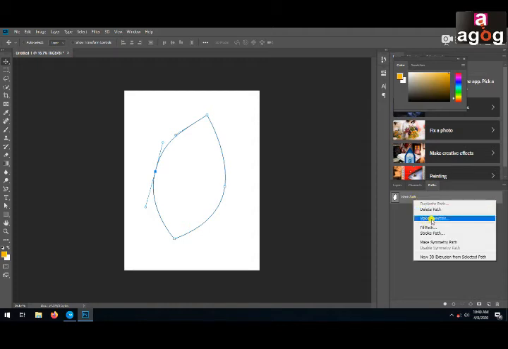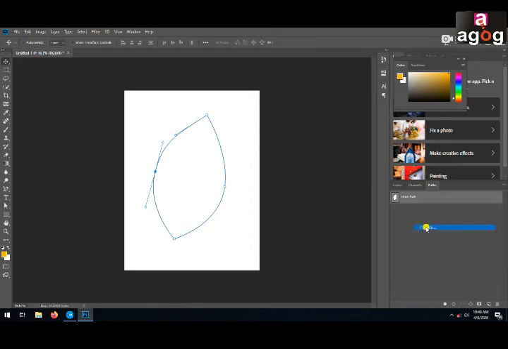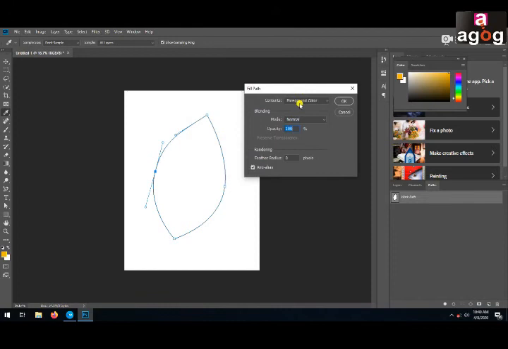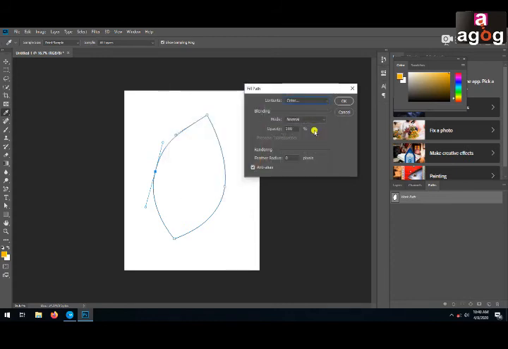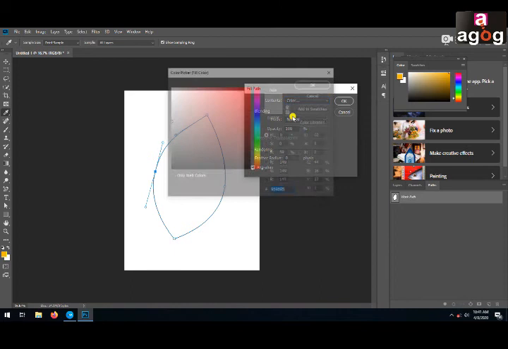You can make it a selection also, but first of all you should select Fill Path. Here you can see the content to be filled is the foreground color. So go to color, I can choose red, I can choose green, but when you are creating a brush, just choose only black.